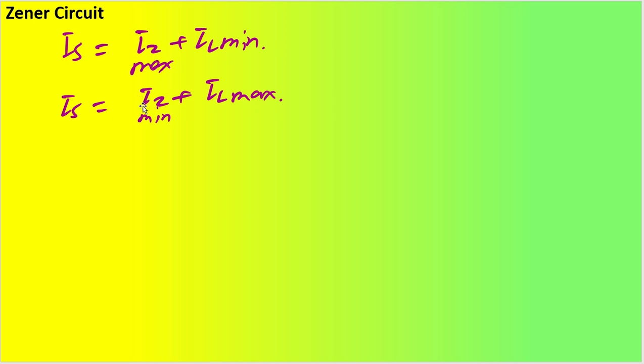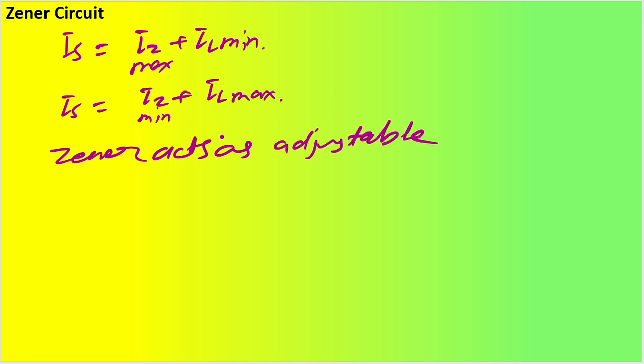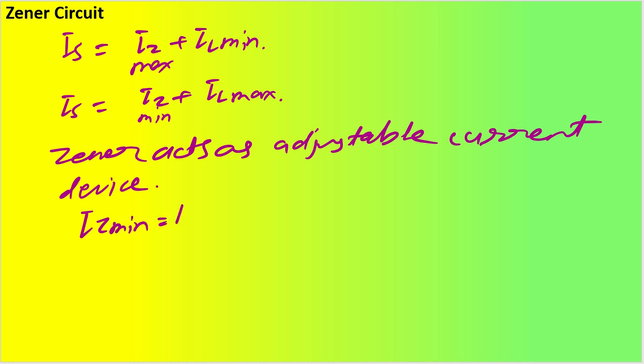calculated. So this is how you can see that my Zener diode is actually acting as an adjustable current device. Zener acts as an adjustable current device. Understood? And my IZ minimum is nothing but your IZ knee, that cut in. And IZ maximum, if you want to find out, this will happen only if